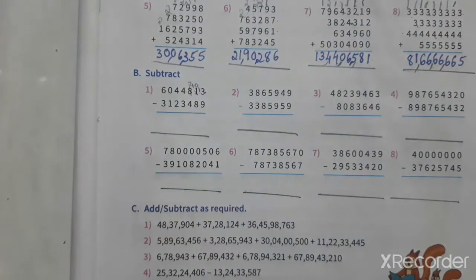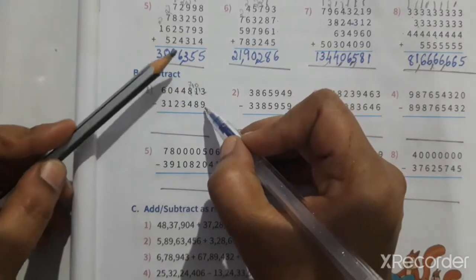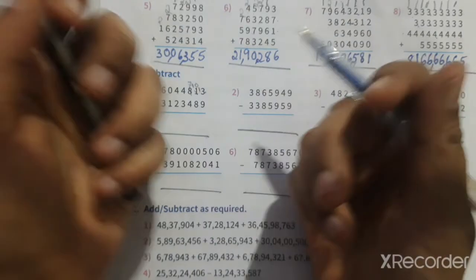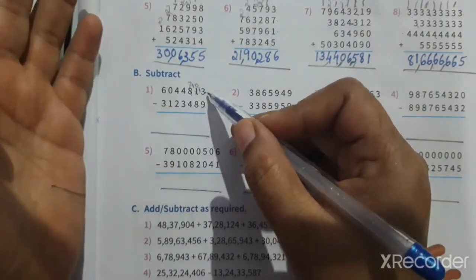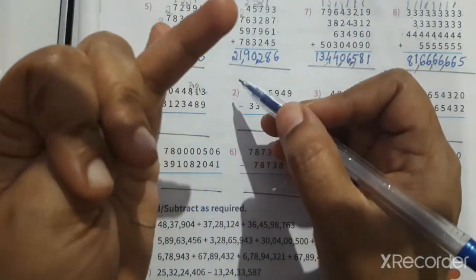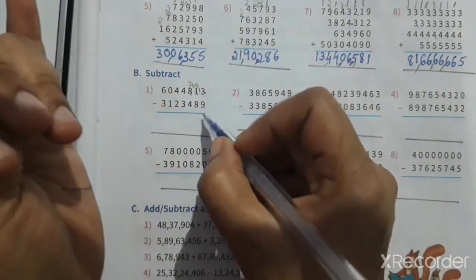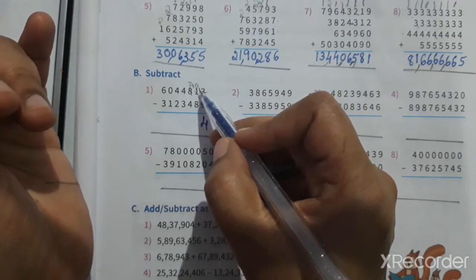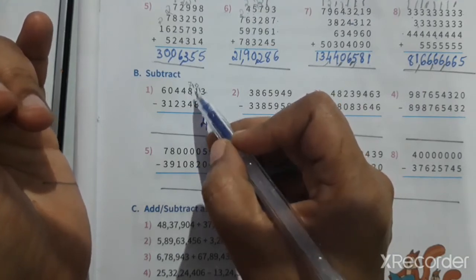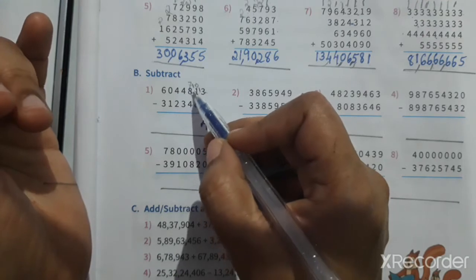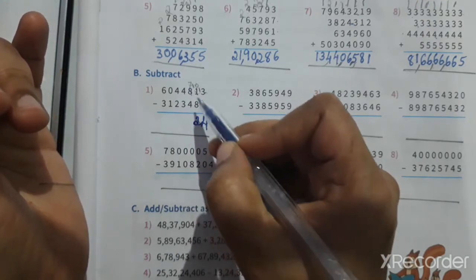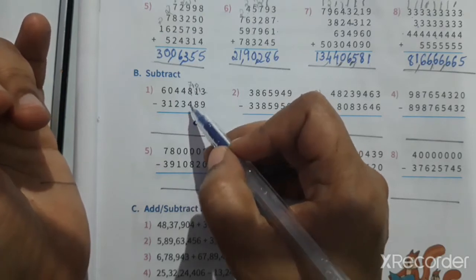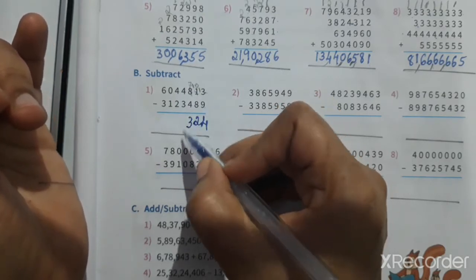Okay. Now 3 minus 9, we can't. Borrow 1 from the next friend. So 13 minus 9, how much? 9 equalize to 13. So 10, 11, 12, 13. So how much? 4. Now 1 with 1 we give 1 to our friend. So here now 0. 0 minus 8 we can't subtract, so borrow 1 from our next friend. So 10, 10 minus 8 means 2. Now here 8 is now 7 because we gave 1 to our friend. So 7 minus 4 is 3.